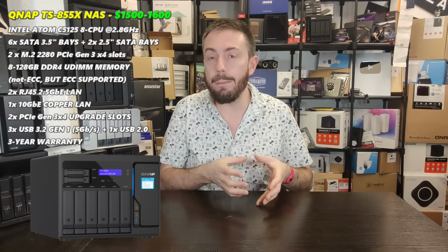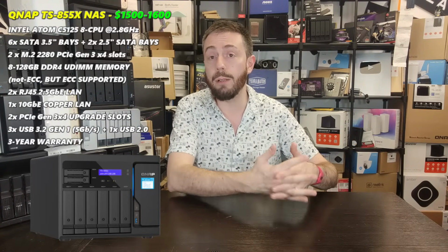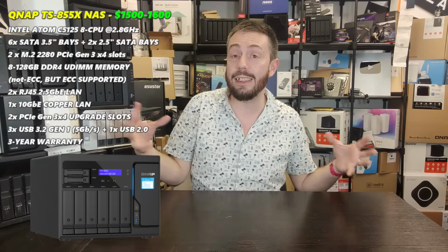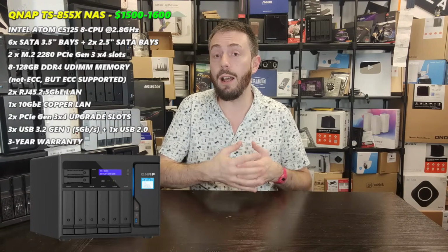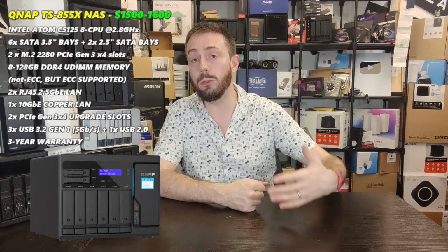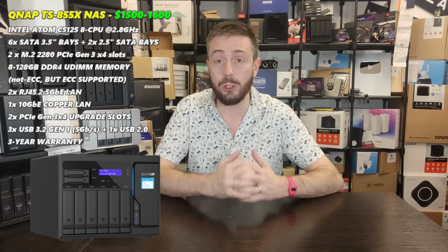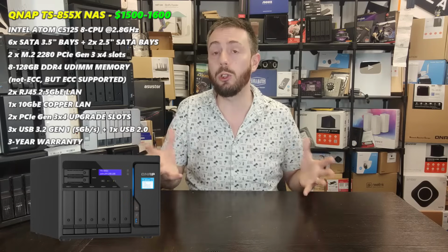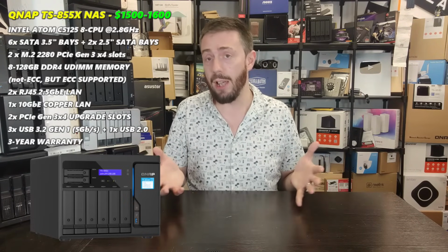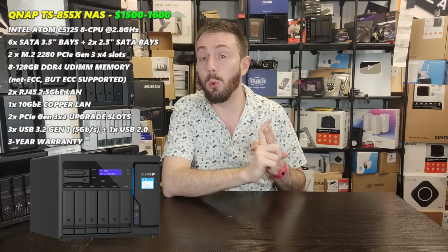Things move in even deeper when you look into the storage management tools that are built internally, whether you're looking at the storage manager combined with Hybrid Mount to bolt on large object storage and other NASs onto this system, utilizing Virtual JBOD to do things in reverse, and you've got support of cloud management tools such as Hybrid Backup Sync 3 and a lot of their hyperscale storage devices and virtual machine management and storage targets, as well as BoxSafe that allows you to integrate the likes of Microsoft Office, Office 365 and Google Workspace